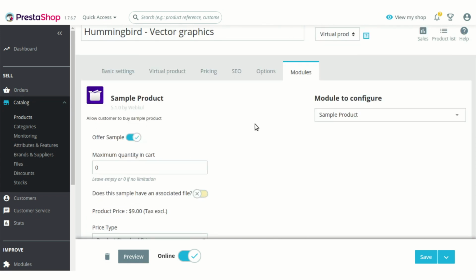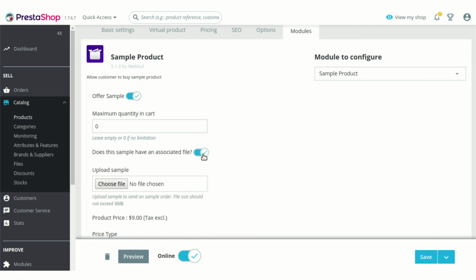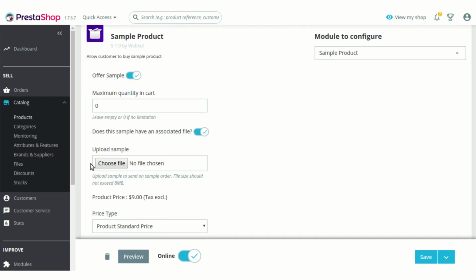As you can see, after refreshing the page, this option is now available here, that is, does this sample have an associated file? Now an admin can easily upload a sample file here, and on ordering a sample product of this virtual product, a customer would be able to download a file that was being uploaded here.